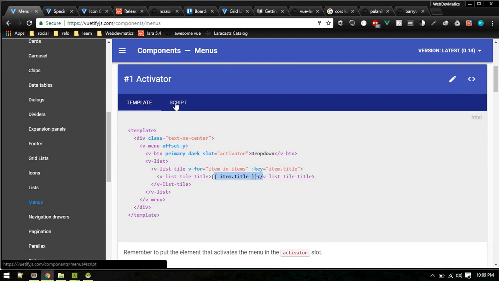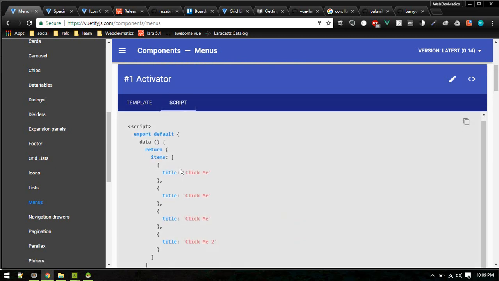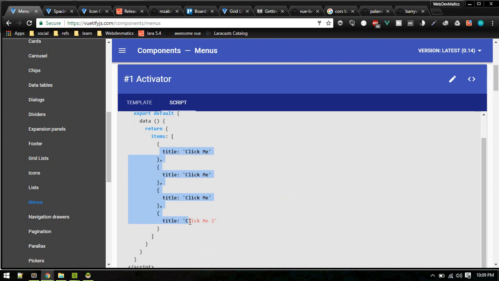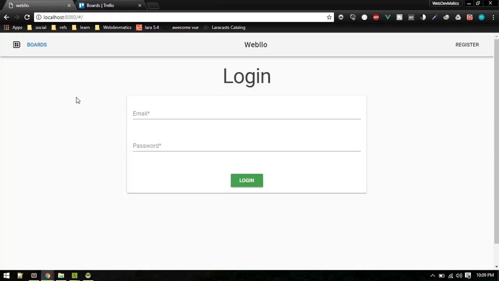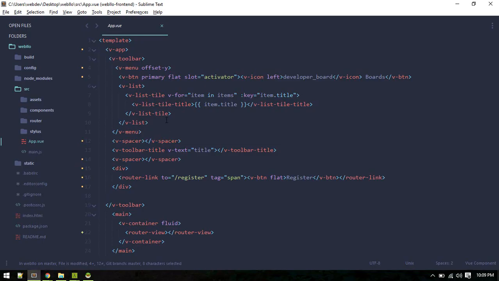If you go to the script tab, you'll see these are the titles. So this is a list of items which will be displayed when we click on this menu. I put spacing in between this and the title, and I've given one more spacing to make it center, and in the right corner I put the register link,